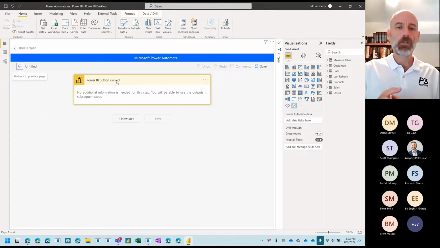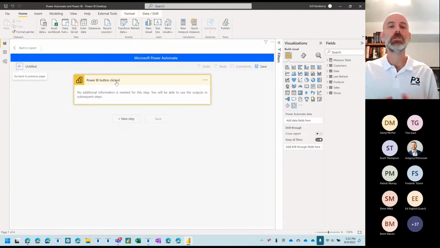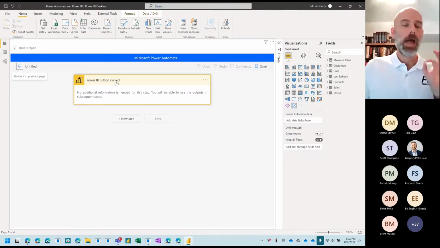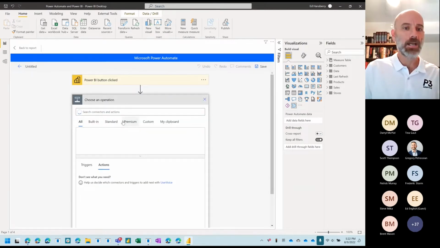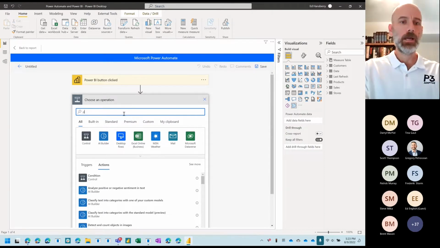It's going to create a new flow, and the action step. Power Automate has 2 things, triggers and actions. Every flow has one trigger and can have many, many actions. So the trigger is a button in Power BI was clicked. There's nothing we can do there. That's all it does. Now we want to say, let's find an action. One of the actions is, if we search for Power BI,